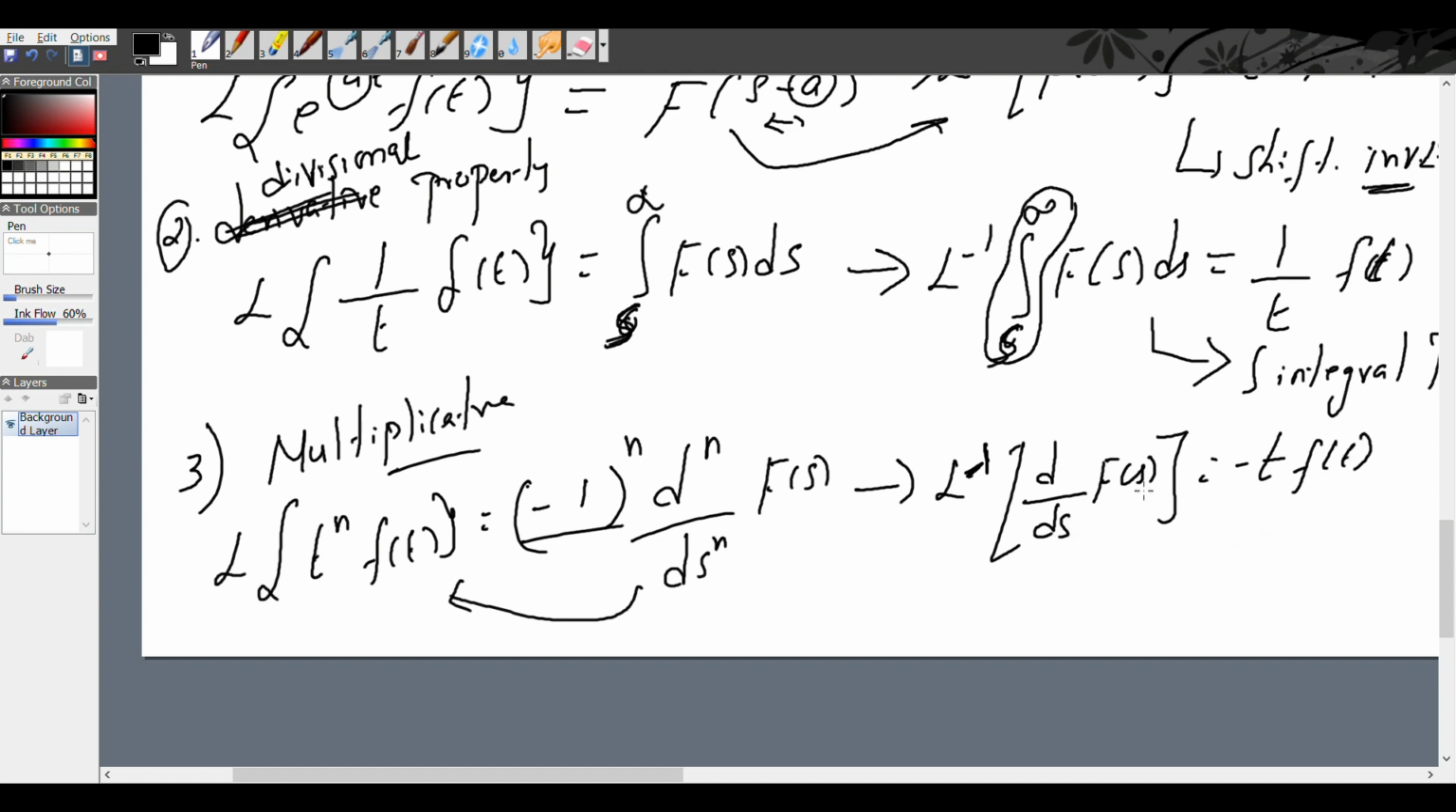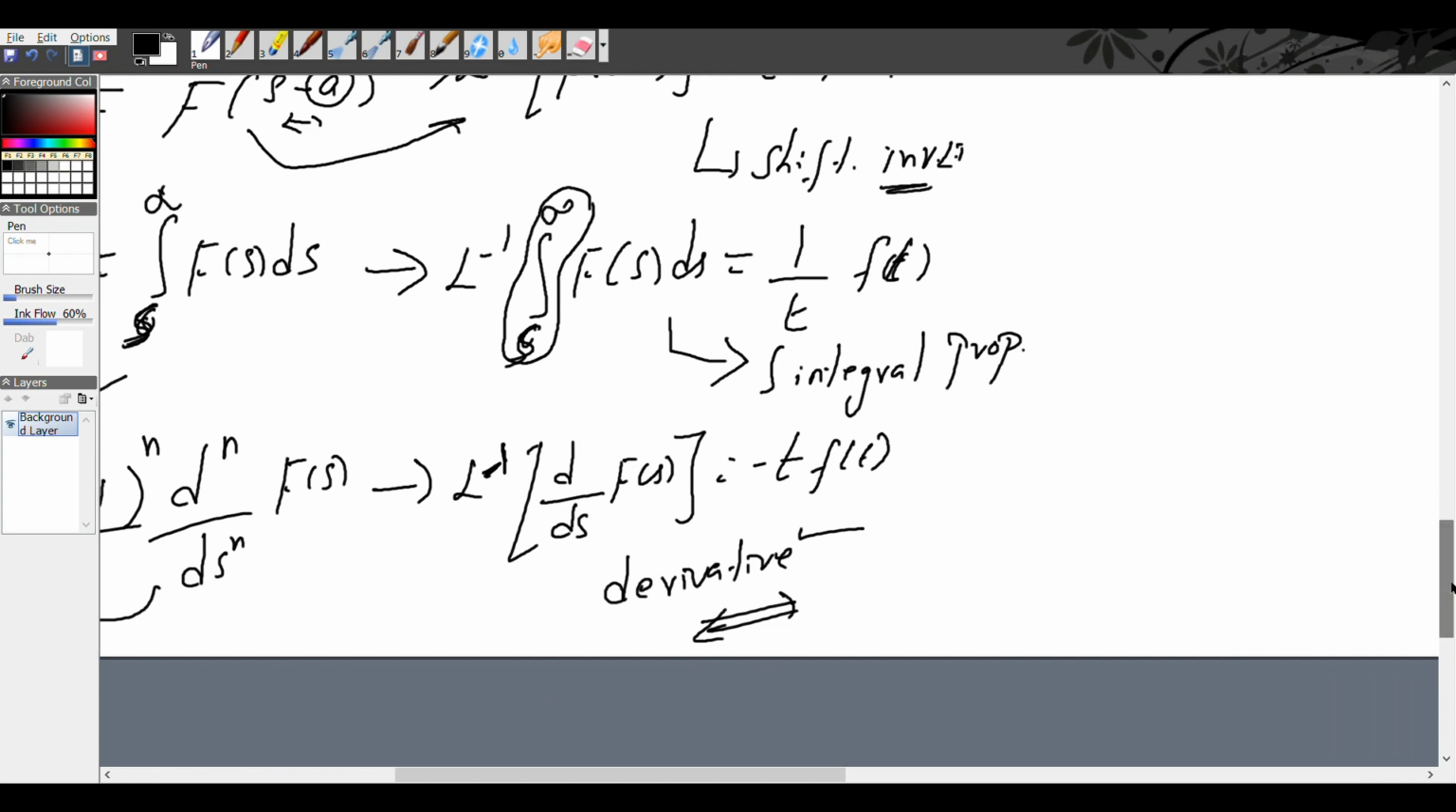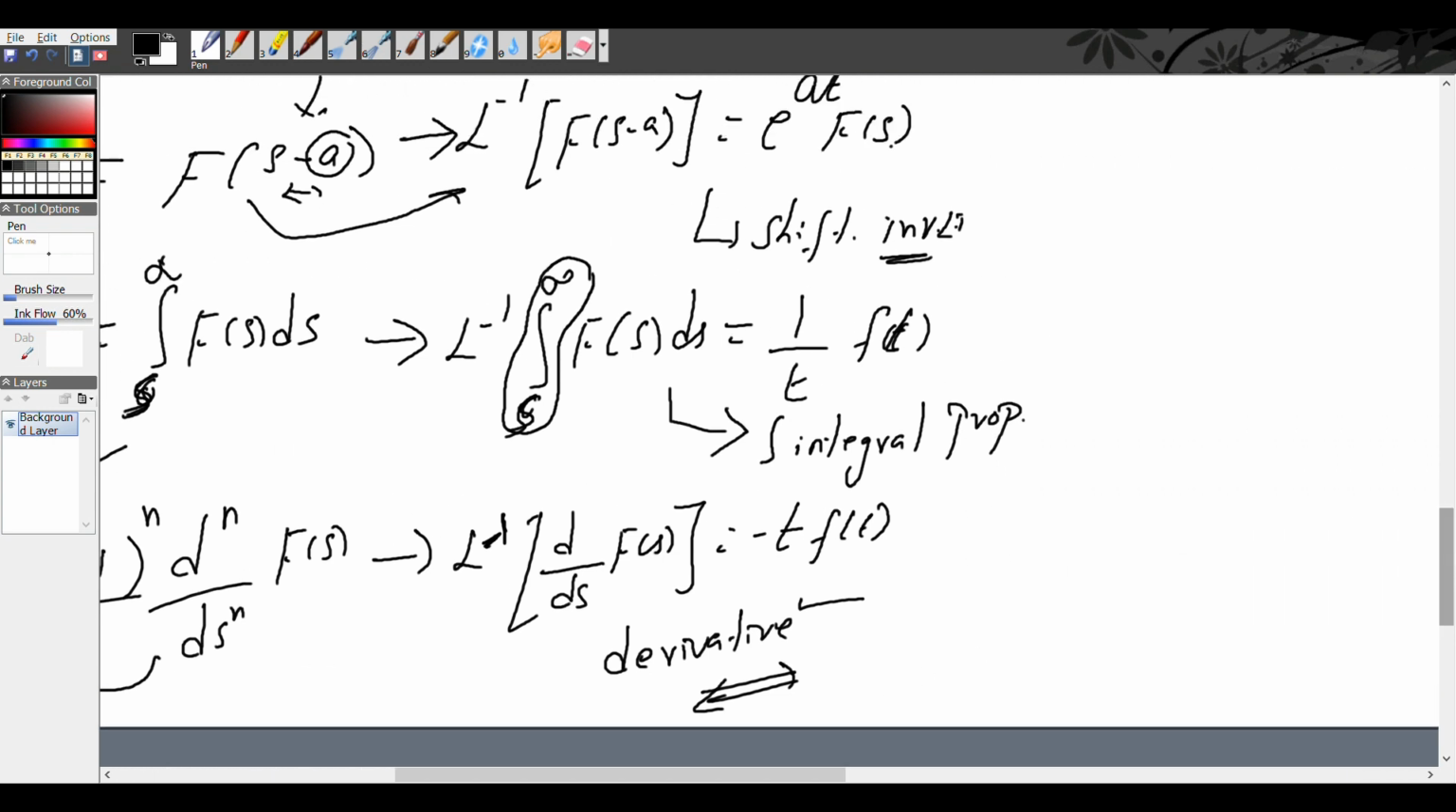As I said, on this side there is differentiation. So multiplicative property in time domain, I mean in Laplace transform, sorry, multiplicative property in Laplace transform will become a derivative property here. We call this derivative property. When we take the Laplace transform, it is the multiplicative property, and when we take the reverse, we name it derivative property. Okay? So very similarly,